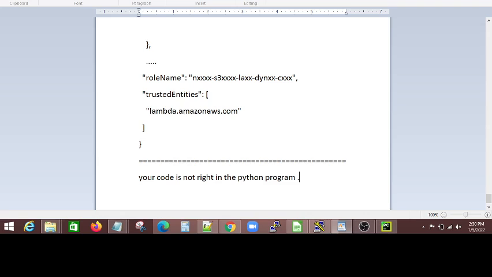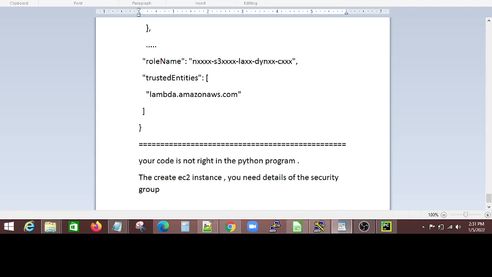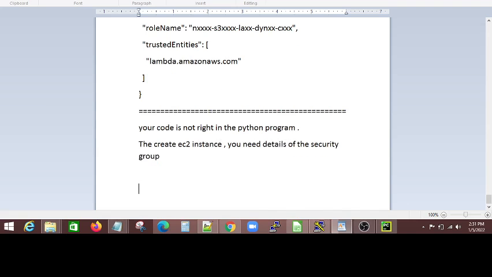Once you run the program, okay, you need to create the EC2 instance. You need the details of the security group, right? You need the details of the security group. But in the program itself,